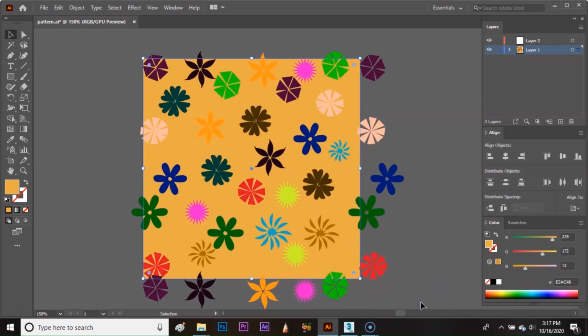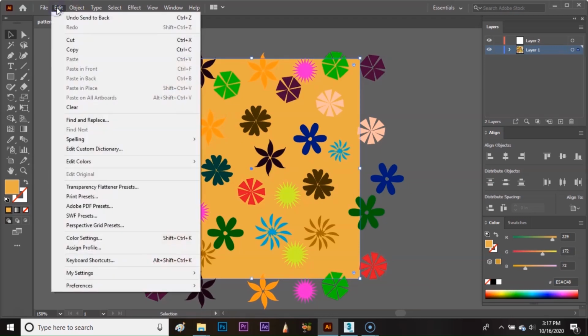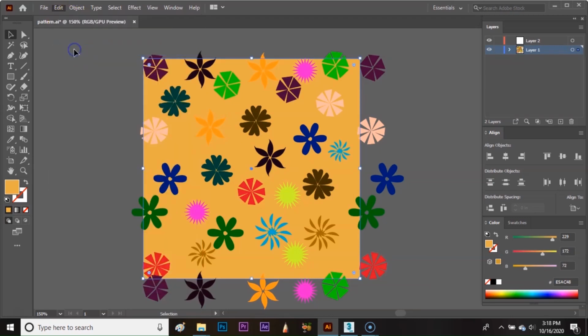Like this. Now the next step is to create a bounding box. To create a bounding box, just duplicate the background. So I'm going to copy it. To copy the background, just select it and go to edit and click copy.